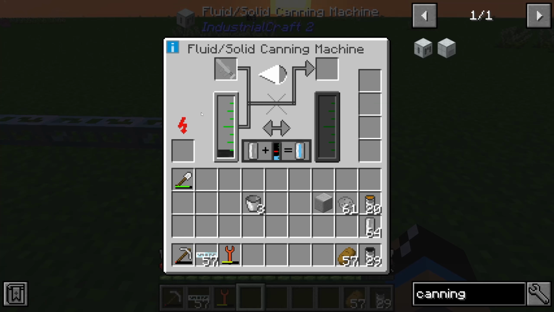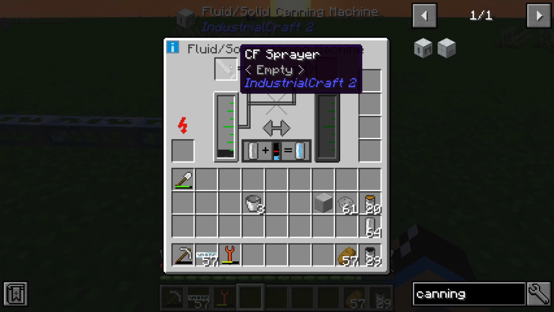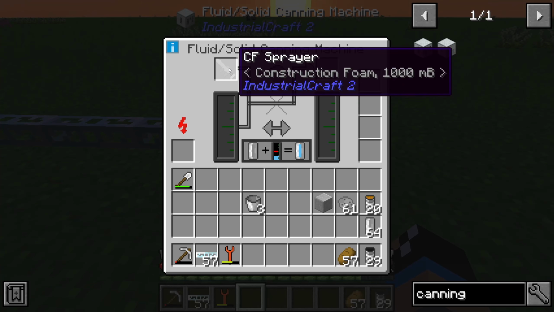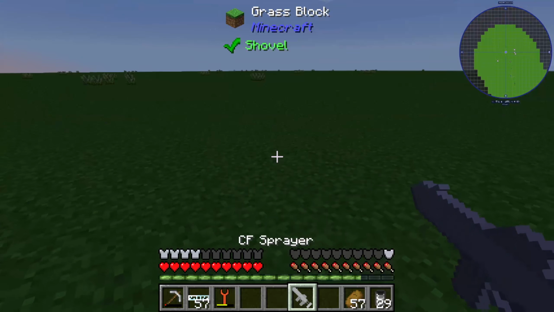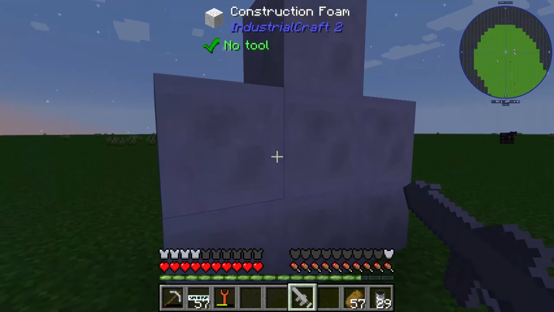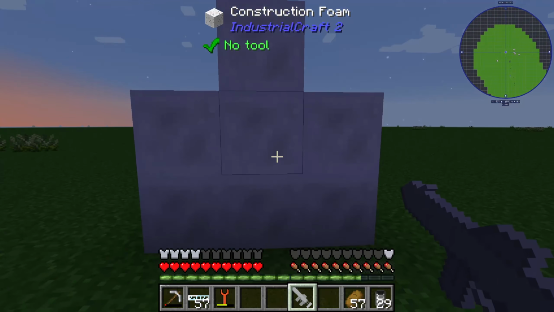You can see our CF sprayer is now filled up with construction foam. Just right click with this and you can see construction foam is placed in the world.